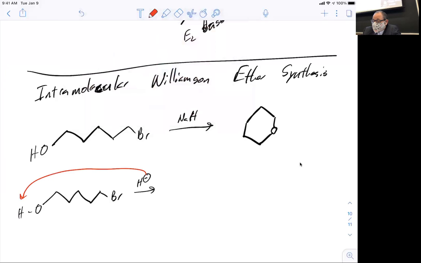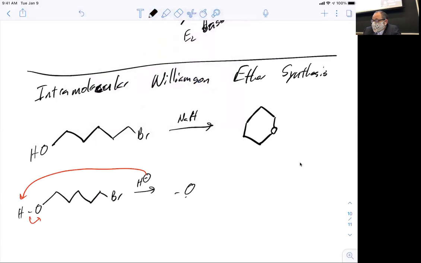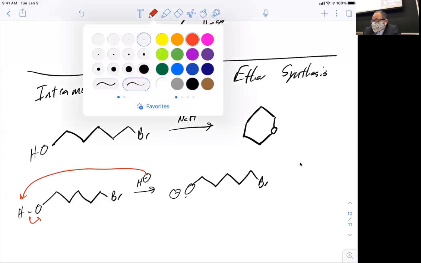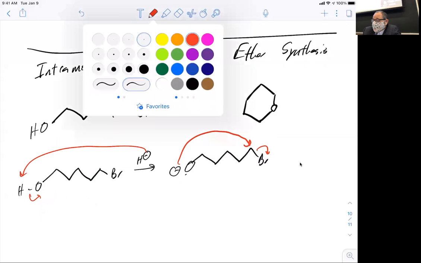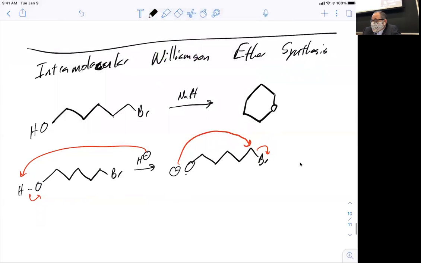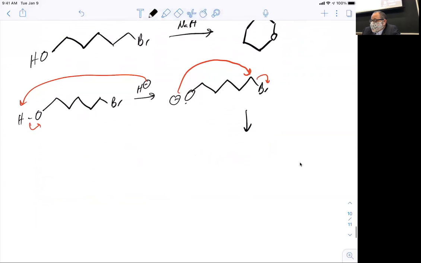Okay, so we get a proton transfer to form the alkoxide. We get backside attack. So we would want this in a low concentration. And that will form,